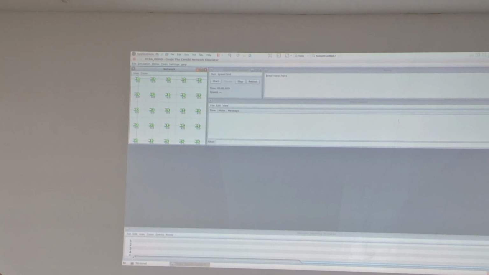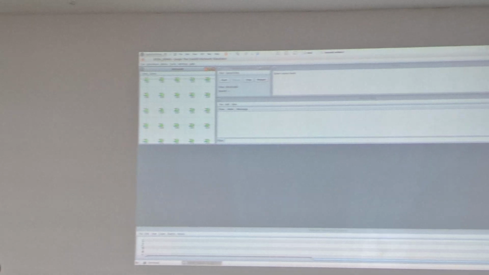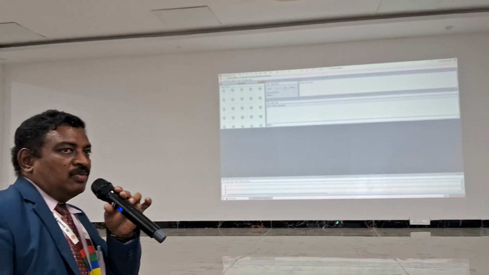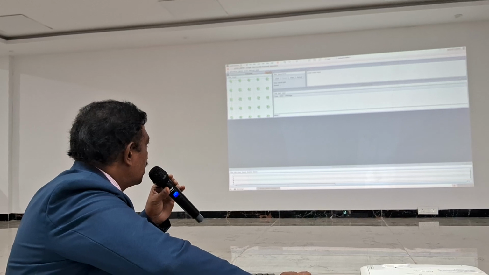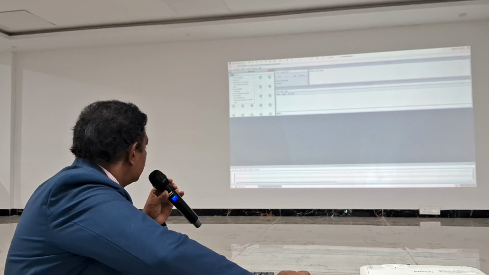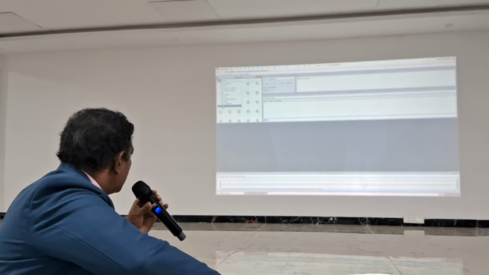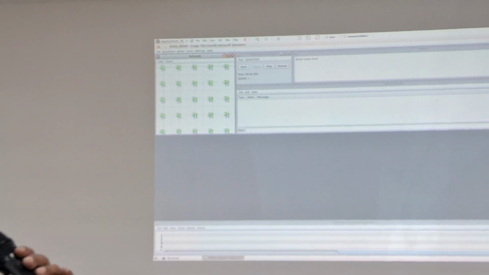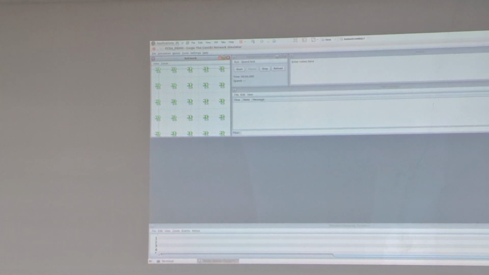If you have different types of nodes, they can be identified with the help of different color mechanisms. Now I have created 25 nodes,